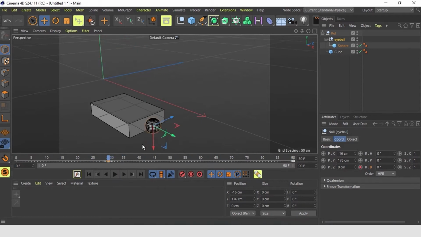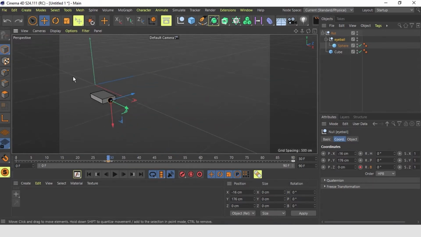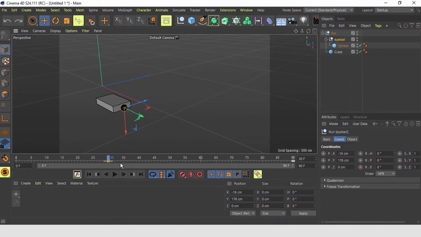And the next thing we want to do is how far it moves. So for that, we go in here to the eyeball, we set the keyframe on Y in this case, because it has to move in this direction.